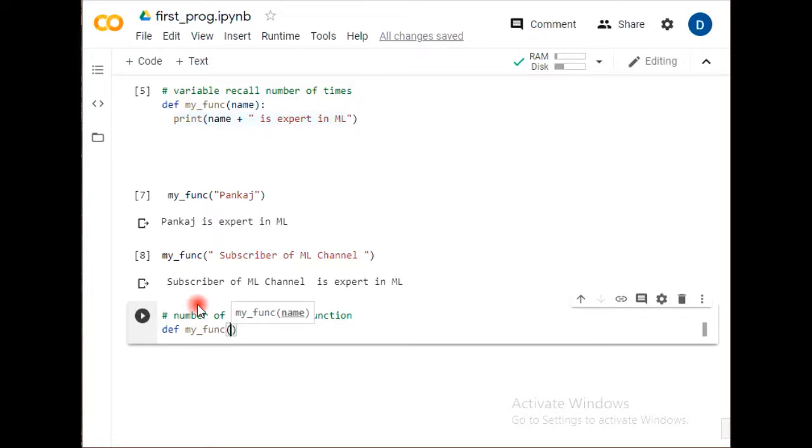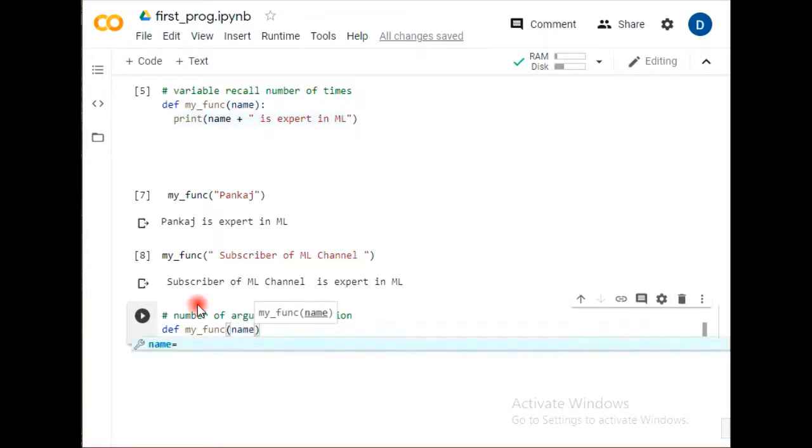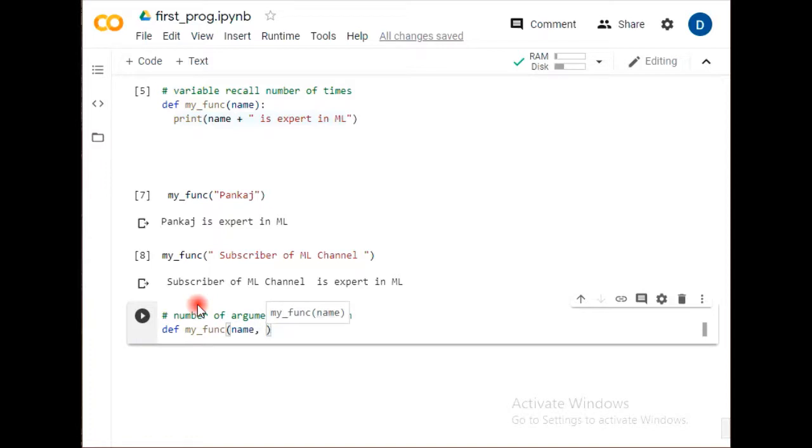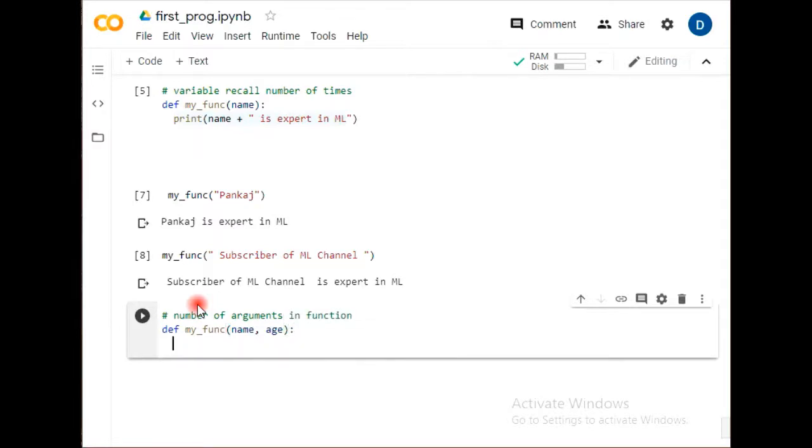First, name, and then the second argument, interest. Suppose anything of interest, anything of name, anything of gender, or skill, anything you can give. So I'm giving age as a second argument.